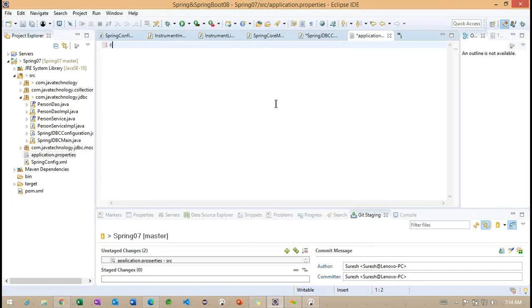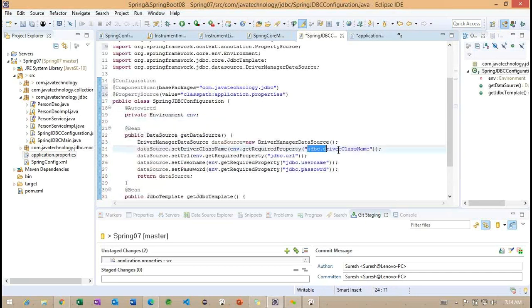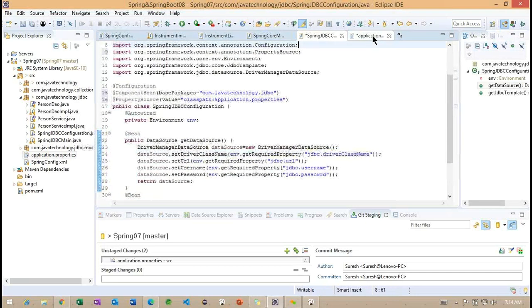Now the database configuration information. What is the database configuration information? Here I want to use this as a key.